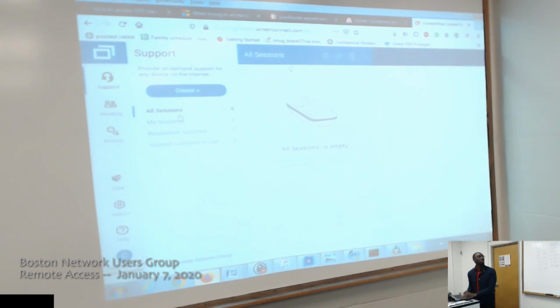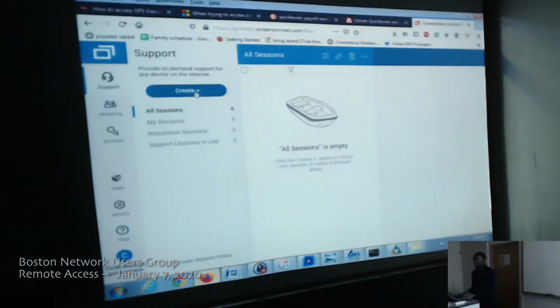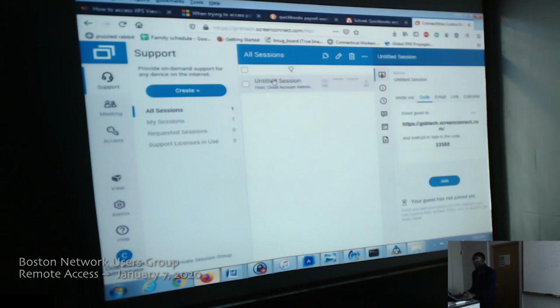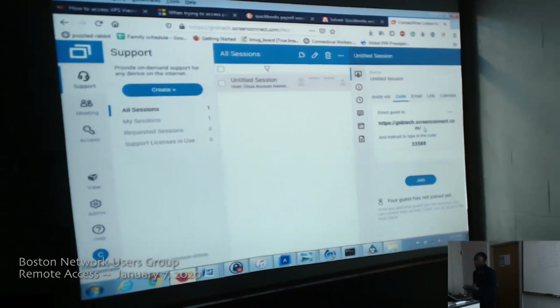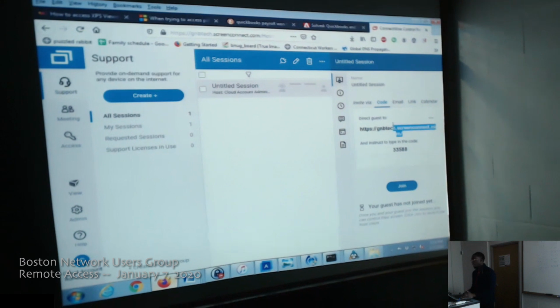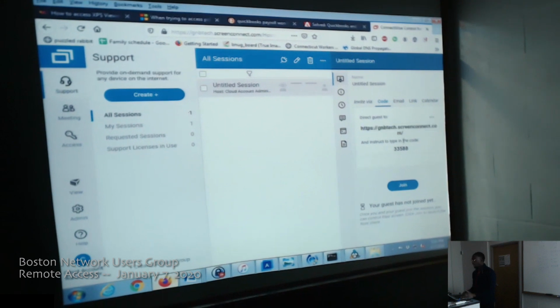So this is what the main screen looks like, or kind of like the home screen for it. They have 3 different options. Where you can provide support. So you can literally create an on-demand session here. And what I would do in the event that it may be a client that I haven't dealt with yet, or there's not a Screen Connect small client on there already, I would just provide them this direct link right here, and it will